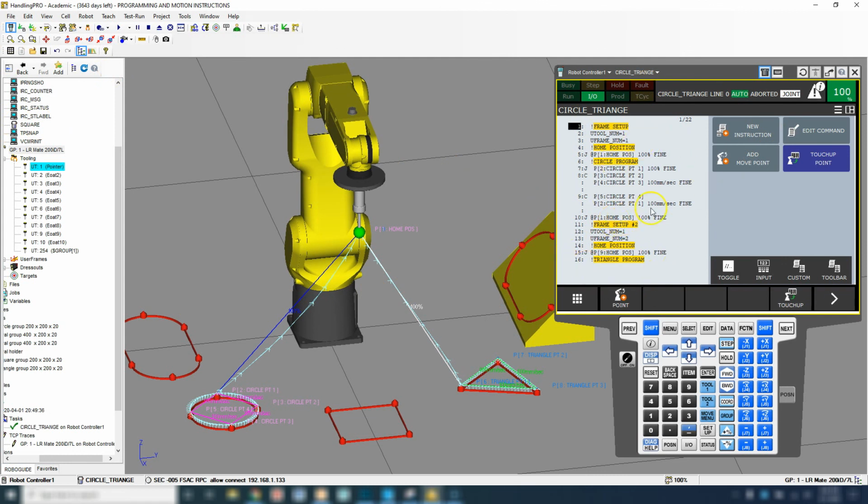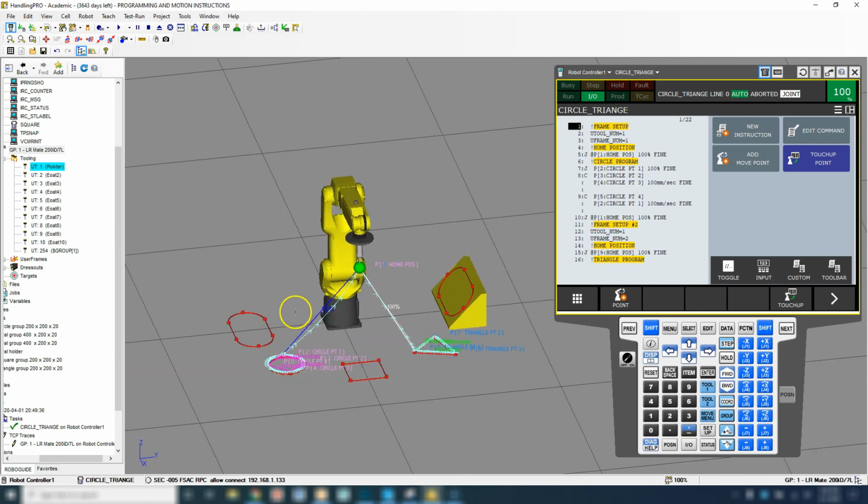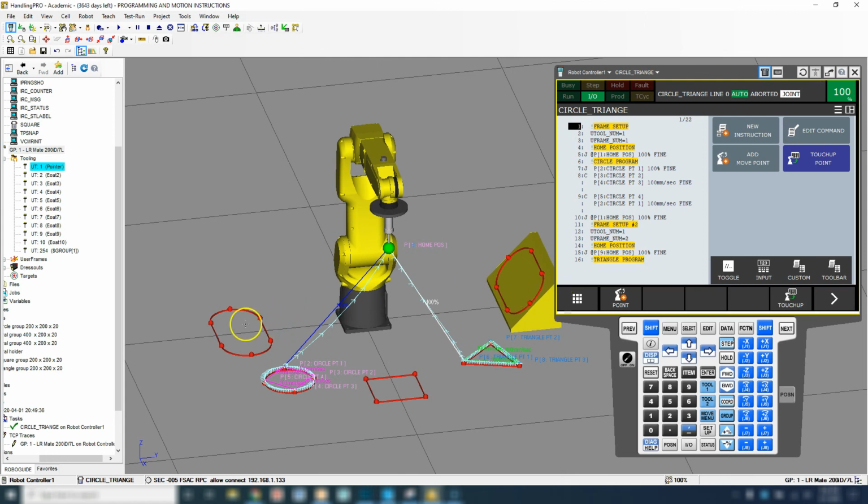Later on, we will actually separate this into two different parts, which is why I set it up the way I did, so that we have a square program, a separate circle program, and a separate triangle program, so that we're going to use those programs in another program. So we're going to use them something known as a subprogram. So in the next video, we will continue on programming these two ovular shaped items